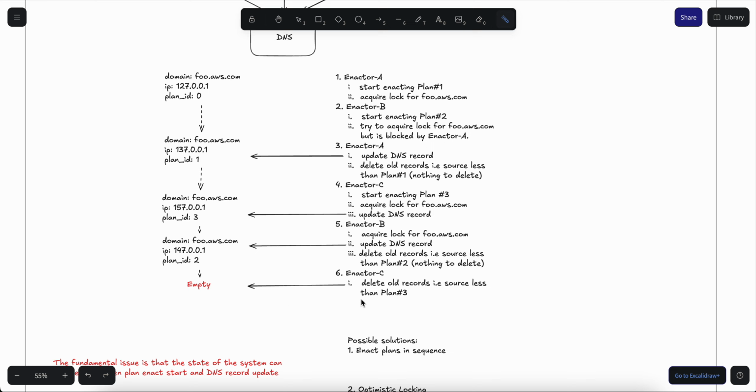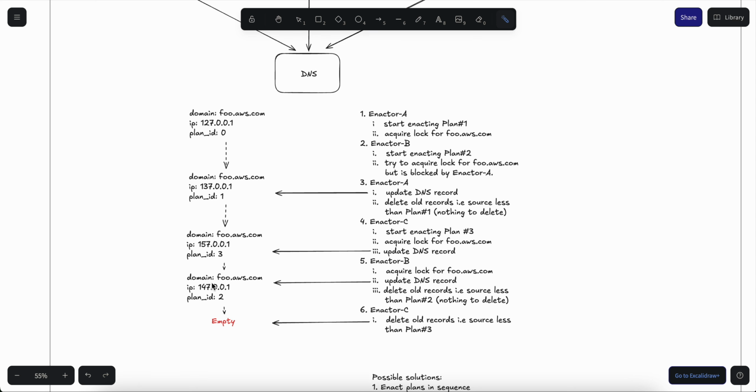And it goes ahead to delete it, which leaves the DNS in an inconsistent state. Essentially, it became empty. So there is no record for foo.aws.com, and the DNS cannot translate foo.aws.com into any relevant IP address.